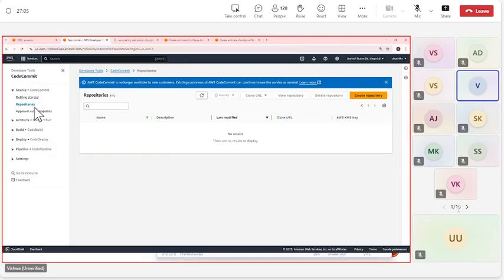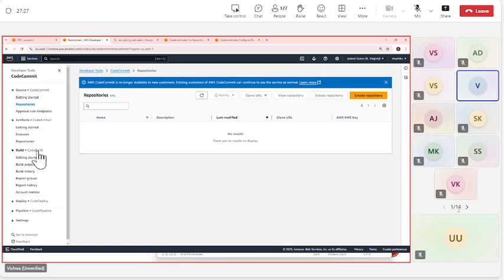So we have the code commit on the AWS. Screen is visible? Yes, screen is visible. So we have the code commit where we can maintain the repository. And then there's one more component called code artifact where, as I told you, after the code build, which is going to do the building of it, there is a place where you can store these build packages.